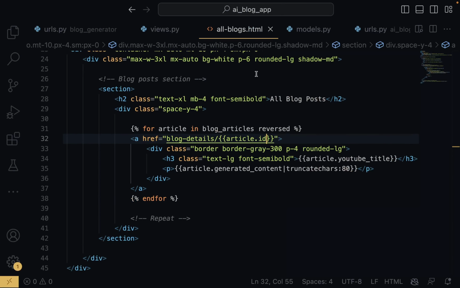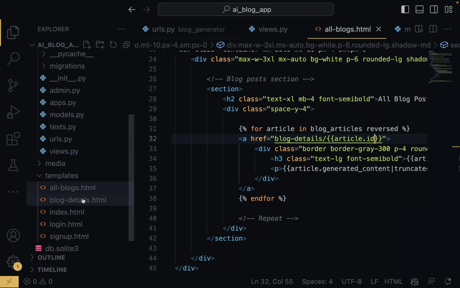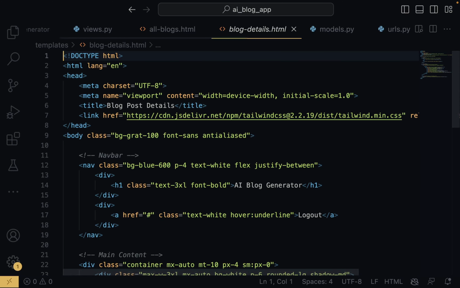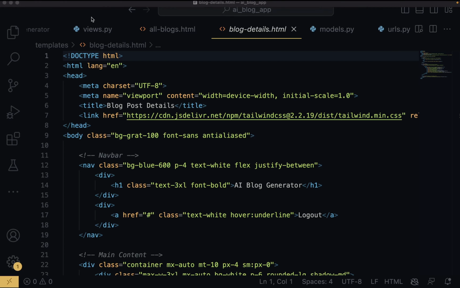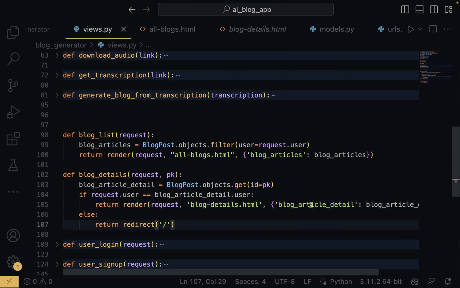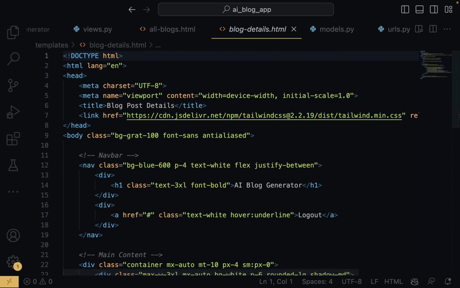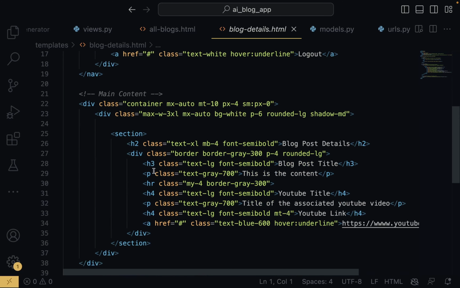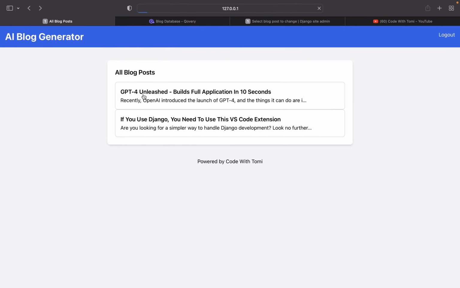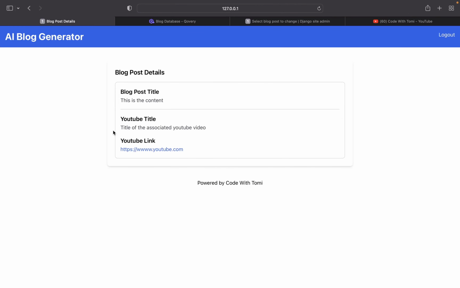Now the last thing to do is to come into, so I'm just going to expand this and go into blog details. So now we're going to come into blog details, and then we're actually going to showcase everything that we passed from here, which is blog article detail. So right here in blog details, we're just going to come down, and right here where we have, we're just going to click on one, and then the first thing that we want to change